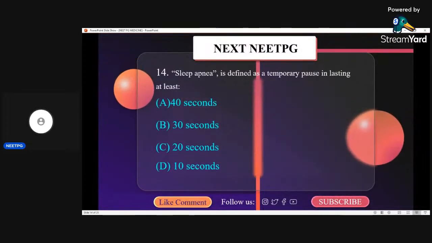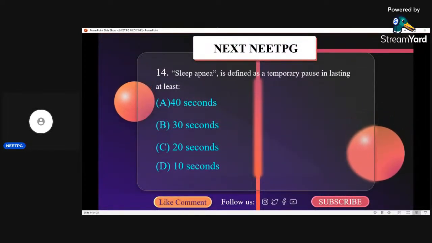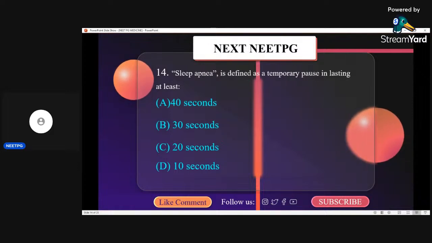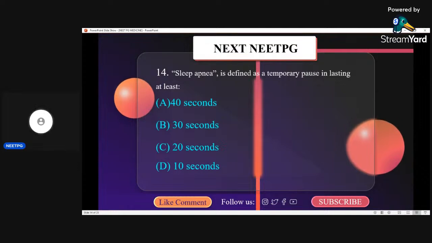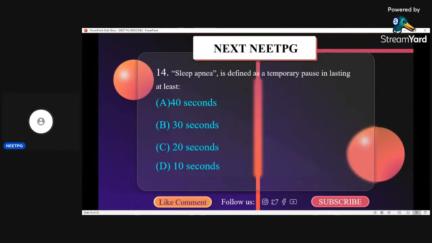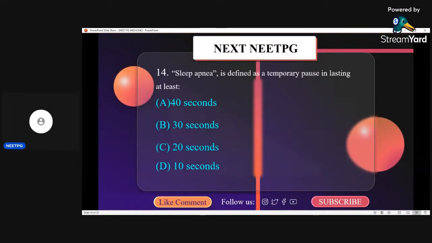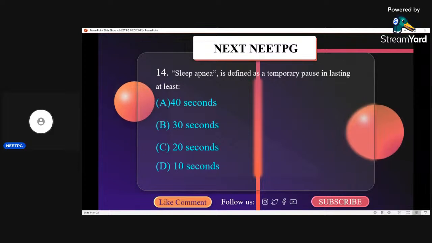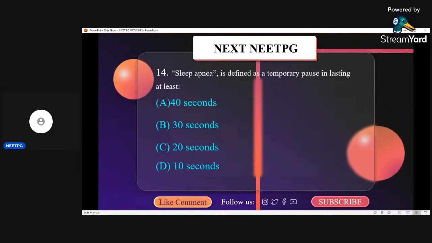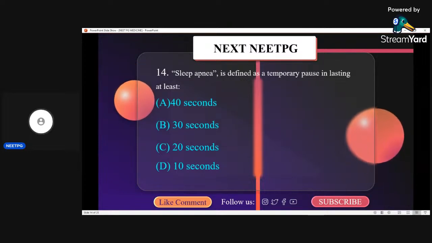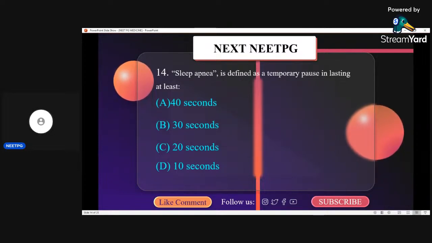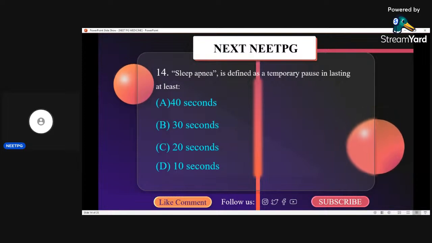Sleep apnea is defined as a temporary pause lasting at least A. 40 seconds, B. 30 seconds, C. 20 seconds, and D. 10 seconds. Apnea is defined as cessation of breathing or airflow for 10 seconds or longer. So the correct option here is